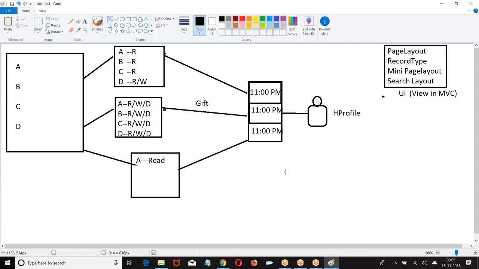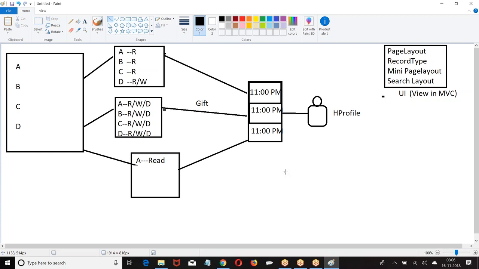I hope you got my point. Clear? People have got, for the same person, same object, multiple views. Why? Requirement. Let us say loan. Education loan, different type of data. Personal loan, different type of data. Business loan, different type of data. Now I am a clerk. When I am trying to fill a personal loan, then I will get different fields, a different view of the same table. When I say industrial loan, I get different fields of the same object. So, you may have a requirement to see the same object in multiple forms as per your business requirement.